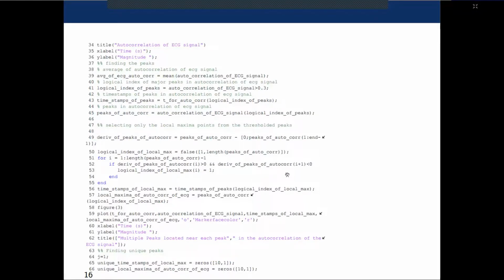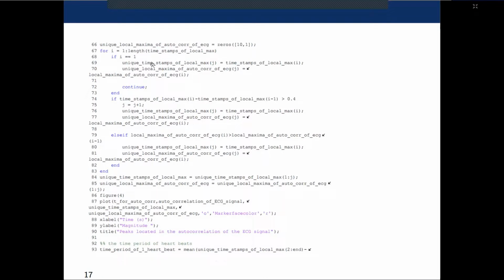So in order to remove that, what I do is first we initialize the first local maximum as a unique peak, then consider the next local maximum, and if it is separated by 0.4 seconds, this 0.4 second value is also chosen from visual inspection of the autocorrelation function. And if they are separated by 0.4 seconds, those two are considered to be unique. And if not, then those two are considered to be bunched together, and the maximum of those two will be selected as the unique peak. And after this, we get the